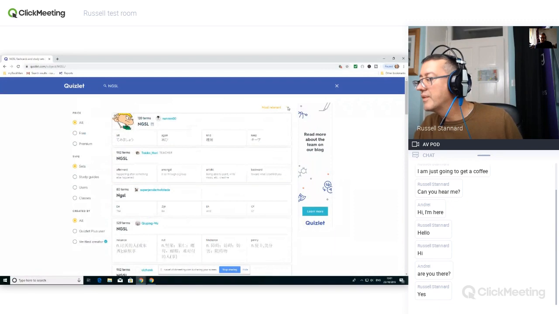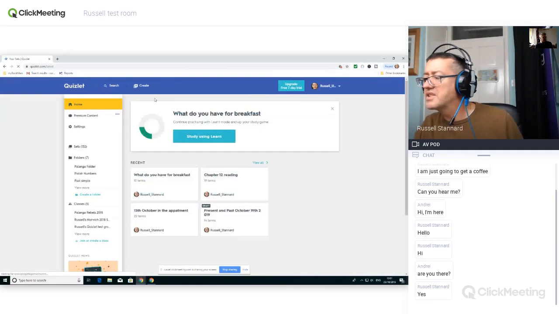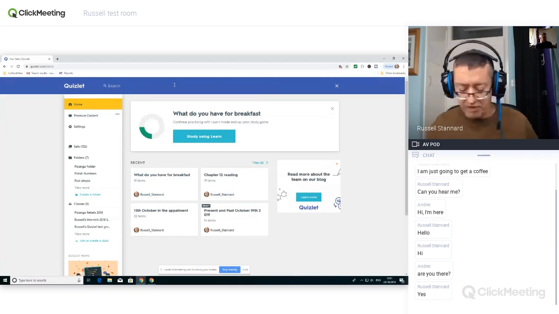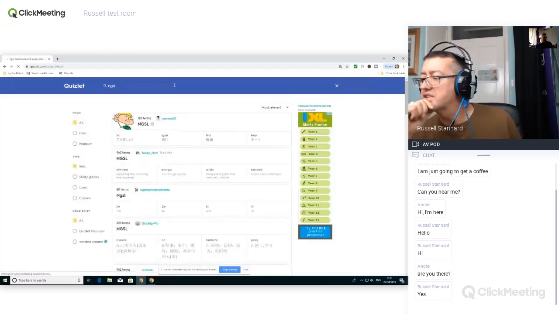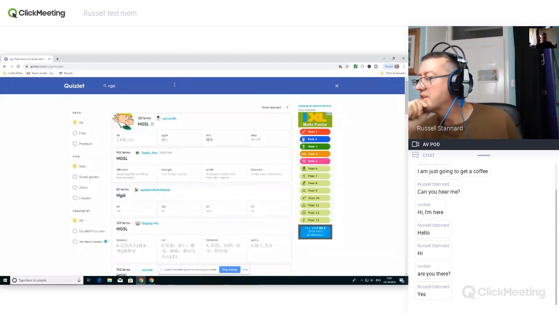Right. Let's just have a quick look a minute. Let me just come back to Quizlet again. I'm searching, but when you used to search before, it used to break the search down into classes, NGSL, because that didn't do what I expected it to do, in all honesty. So these are only showing me sets.